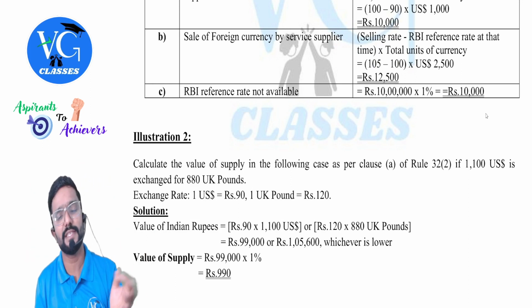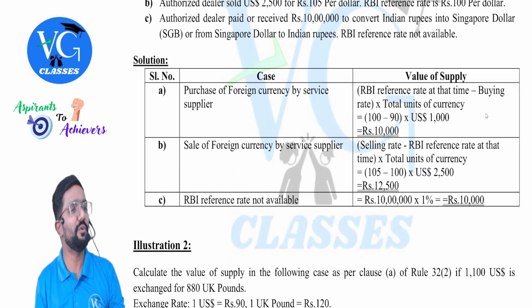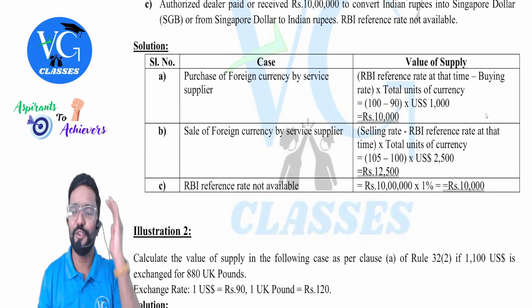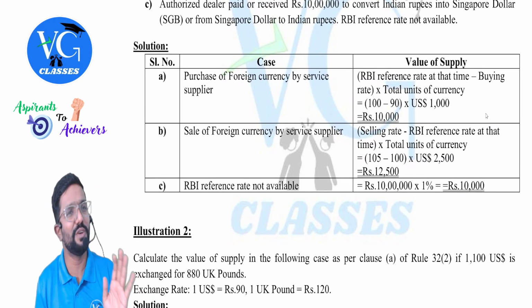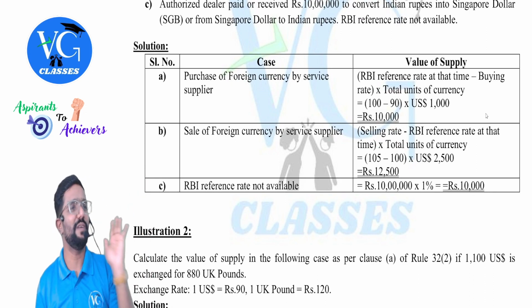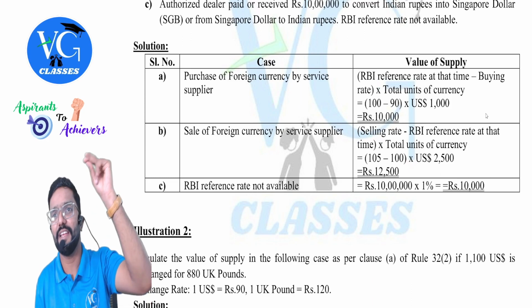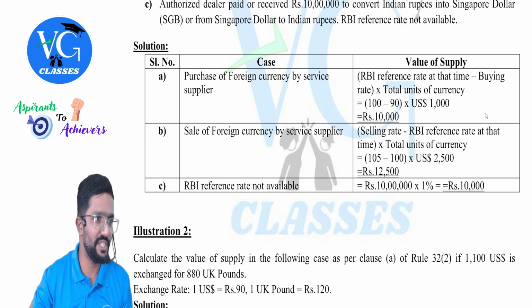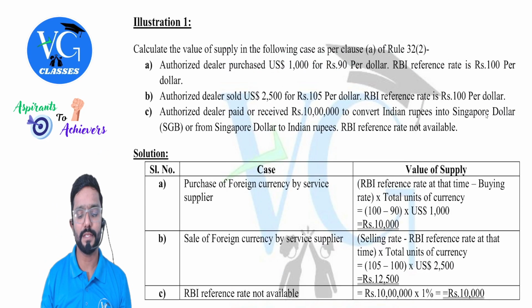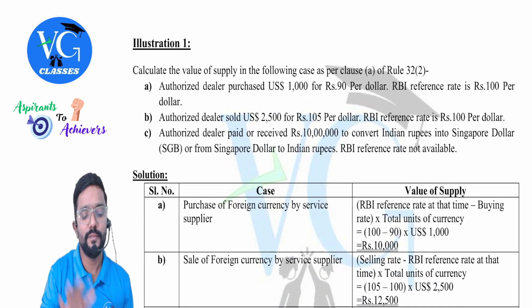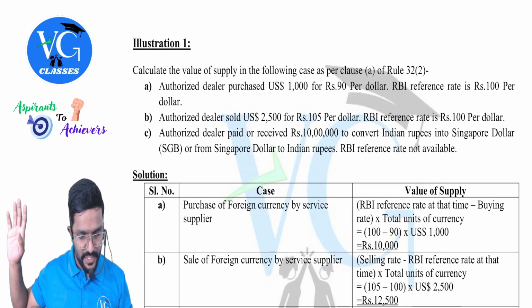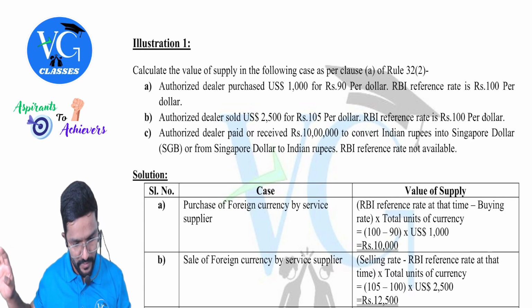But I don't think in the exam, if there is any question, they will give negative value for sure. Clear? So if you are confused, simply do one thing. Higher value minus lower value into units of currency exchange. Okay, sir. Next, let us go up. We are done with the first part. We still have